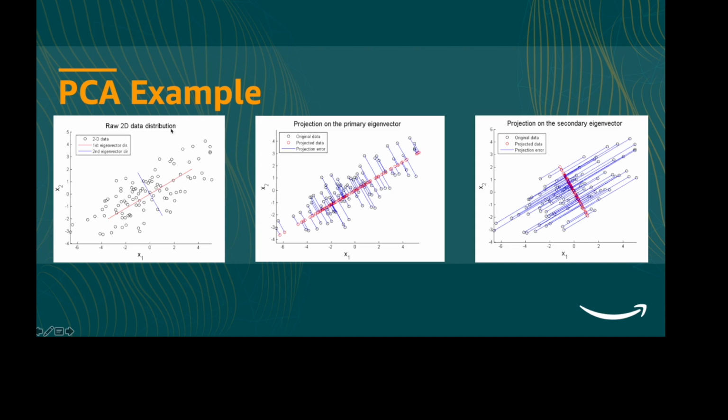Say these are the data points that you have, and you are at a transmitter end, and you want to send them to some receiver, right? Now you have low bandwidth, so you want to compress these data points and send them to the receiver, right? Since you have low bandwidth, you want to compress this data in such a manner that when you compress, you lose the least information.